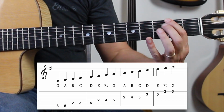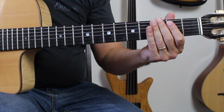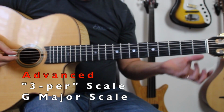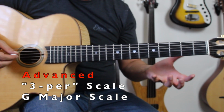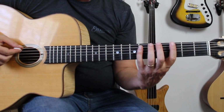If you want, you can hit that F sharp down there. The third scale that we're going to do is more for advanced players, and it's what I call a 3-per scale, meaning I'm going to play 3 notes per string. The nice thing about this particular major scale